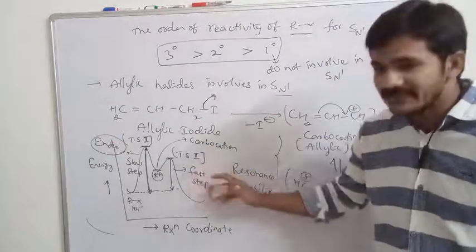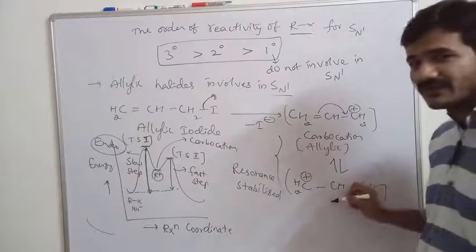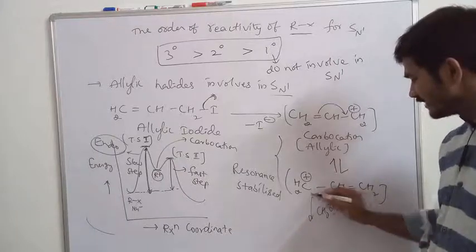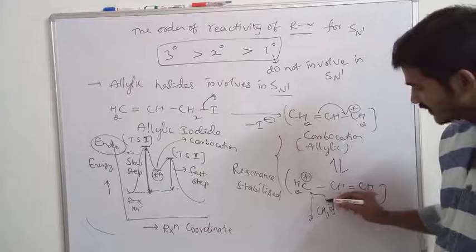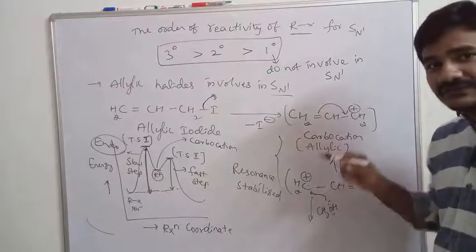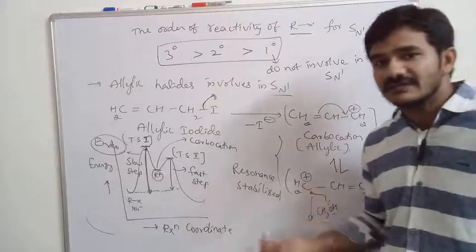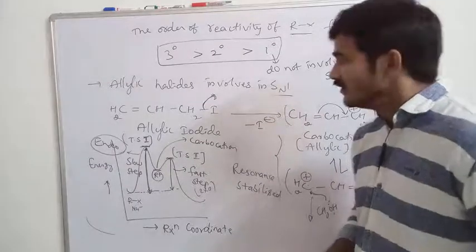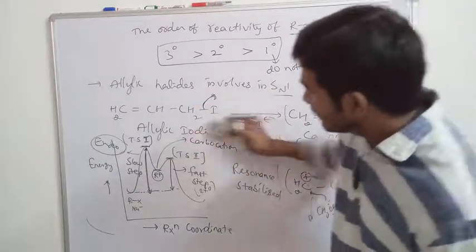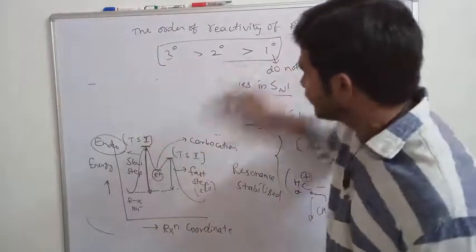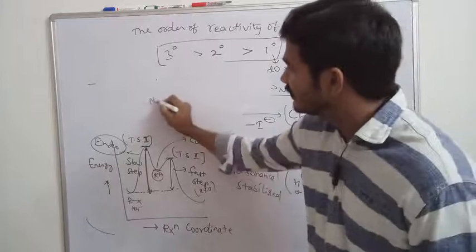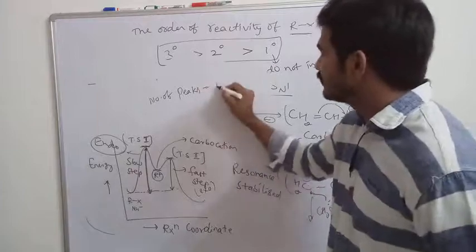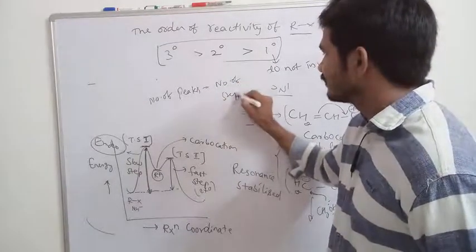Whereas in the second step the bond is forming. If you see here, after formation of the carbocation, the nucleophile can attack here. This is methanol, the nucleophile attacks here and we get the product. In the product, the bond is formed between the carbon and nucleophile. If a new bond is forming, that is said to be an exothermic reaction. So the second step is said to be an exothermic process. This way we can understand that the number of peaks indicates the number of steps. I write a point here: the number of peaks in the energy reaction diagram is equal to the number of steps in the mechanism.